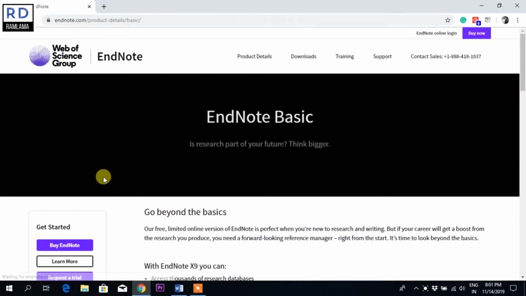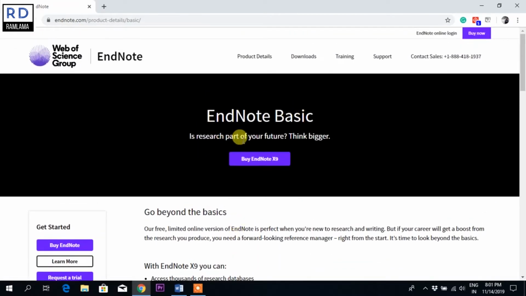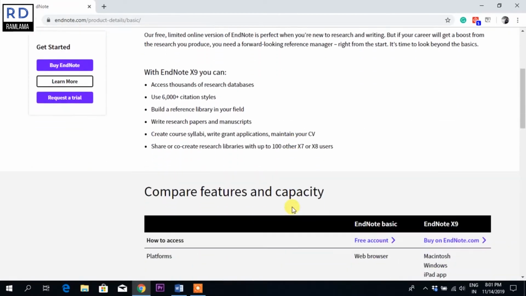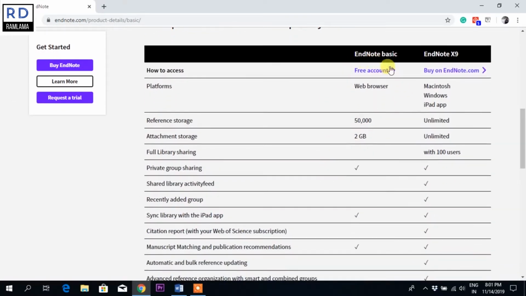And it is very easy for students who will be writing their thesis or dissertation or any assignment. It is very easy. Just go to the Endnote website and